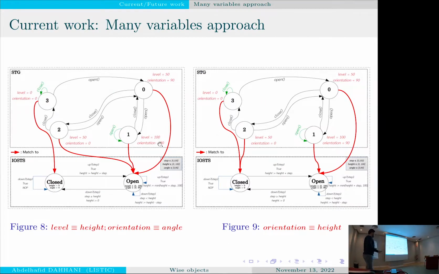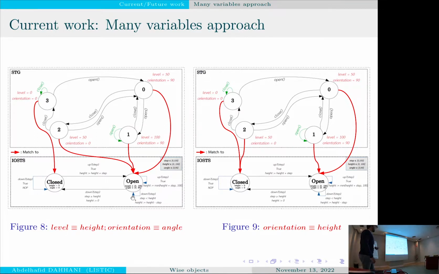Why do we have two matchings? We said before that the algorithm will firstly need to be sure that the IOS test is correct. Okay, this is correct. The second thing is searching level and orientation. It's matching here height and angle. And the last thing is matching the state with the locality according to the inclusion of the domain of the attributes in the domain of the variables.